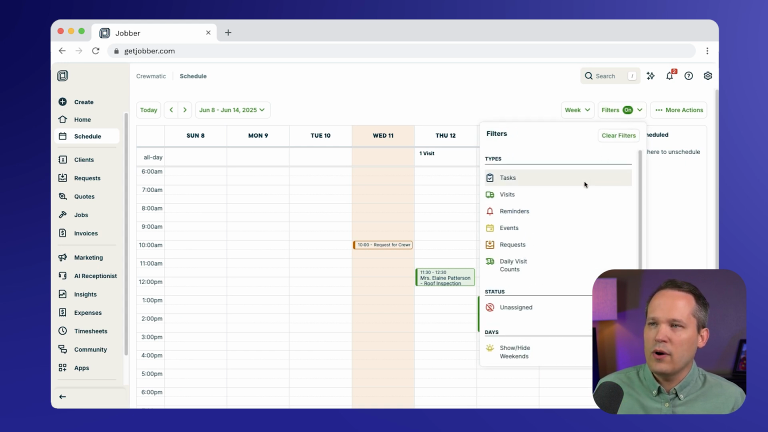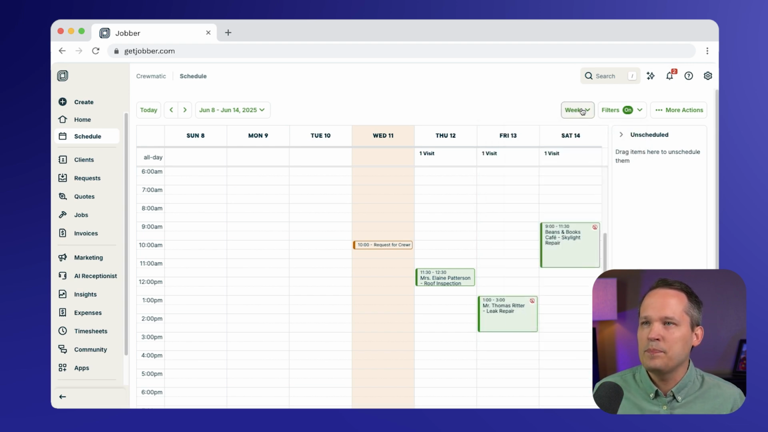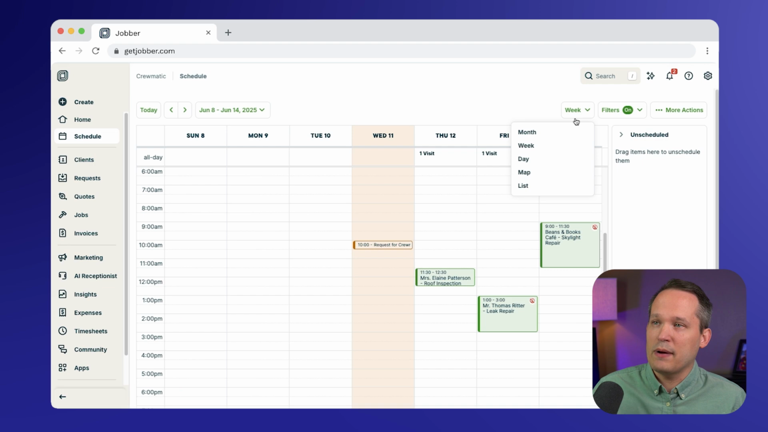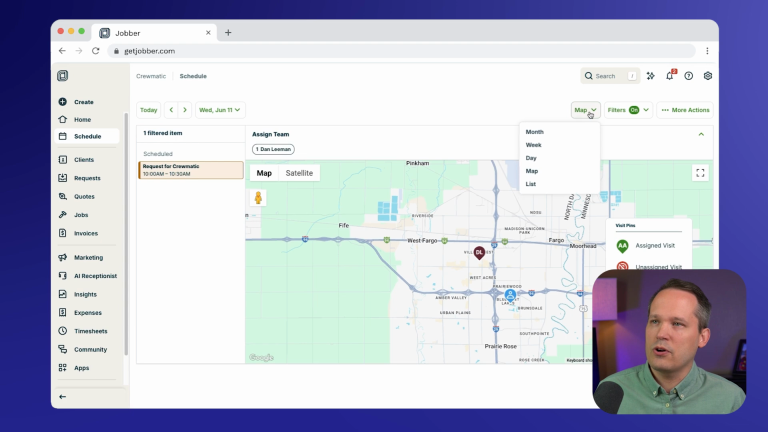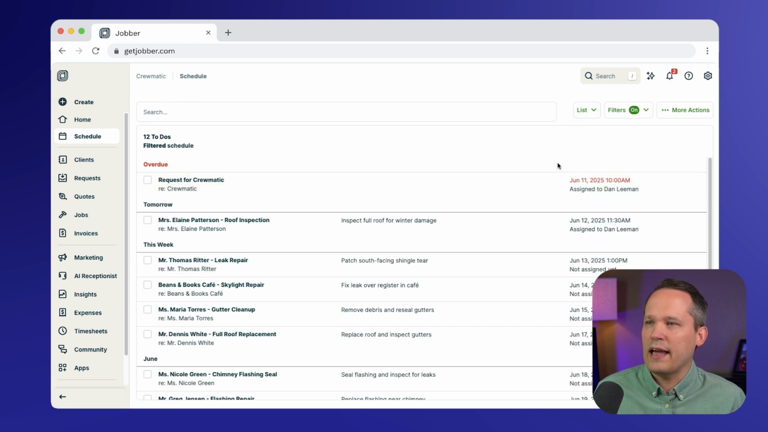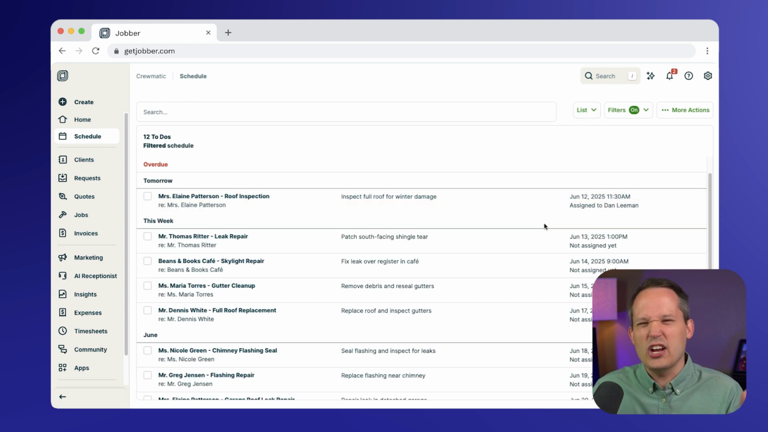So if we don't want to see all of the different events, maybe we just want to see visits or just see tasks, we can do that at any point in time. We can also change this so it's not just by the time of day or week. We could take a look at this on a map instead, and that's going to be geocoded for us. Or we could look at a list if we want to see kind of an agenda view of everything